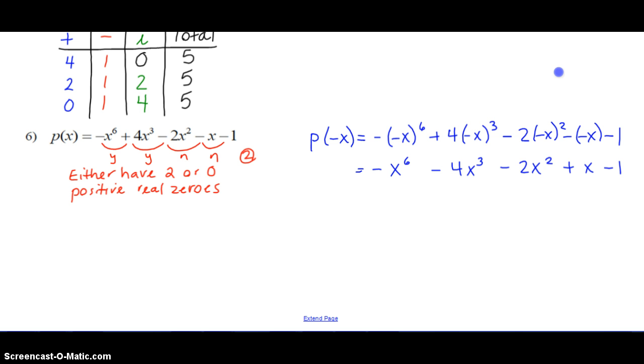We're going to count sign changes here. So no, no, yes, and last of all, yes. So what this means is we have 2 sign changes. So we have either 2 or 0. So we have either 2 or 0 in the positive, and we have either 2 or 0 in the negative, because it can either be the number that we got, in this case 2, or an even number less than that. Let's go ahead and set up the little chart